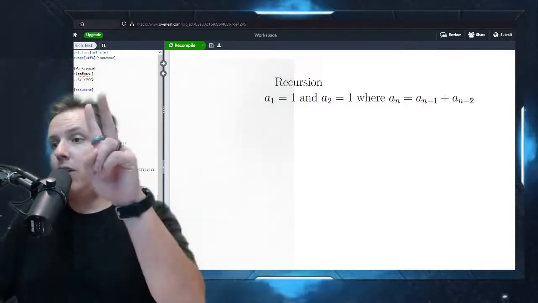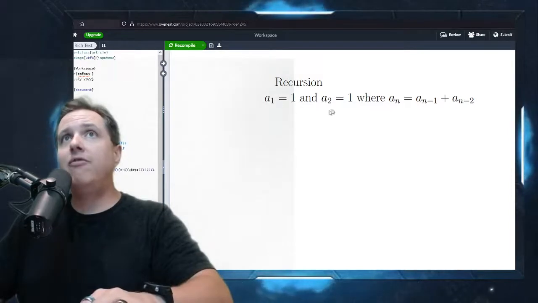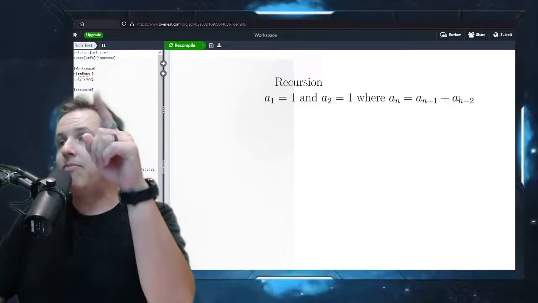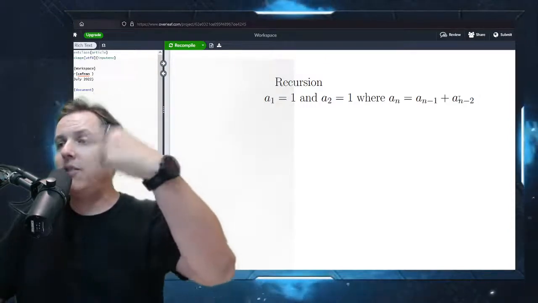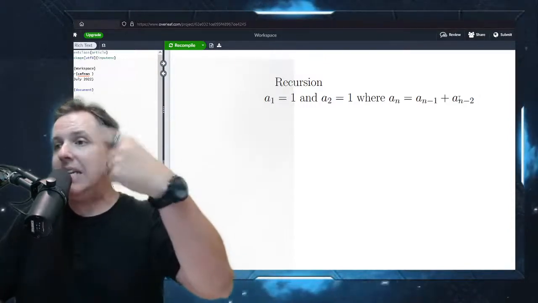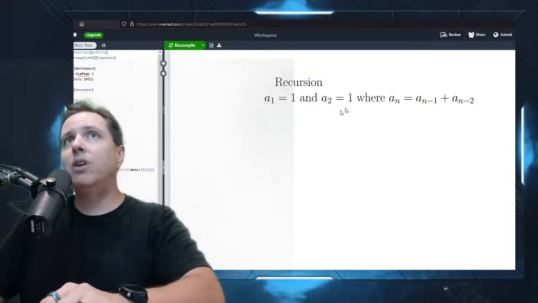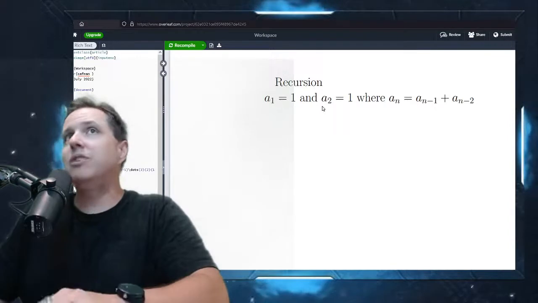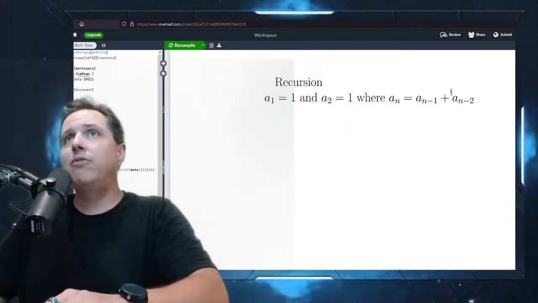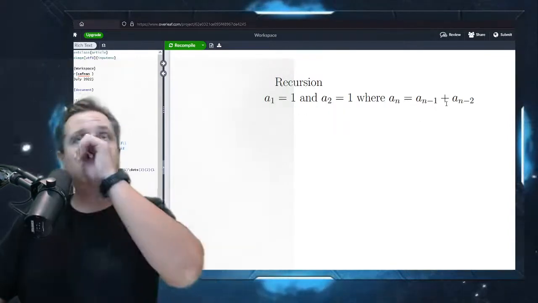And then you need starting points. You need enough values to be able to evaluate your formula one time. And then from there, if you've done it right, it should be self-feeding. It just keeps feeding itself, the formula. But I can give you the formula, but if I don't give you the starting values, you won't know what the sequence is. Or I can give you the starting values, but if I don't give you the formula, you're not going to be able to do it.